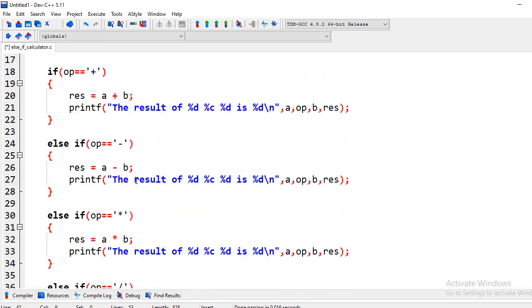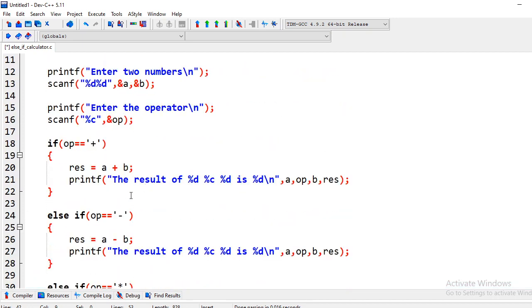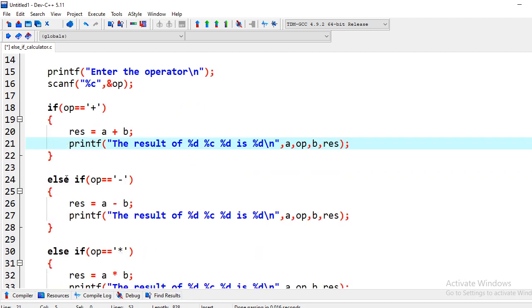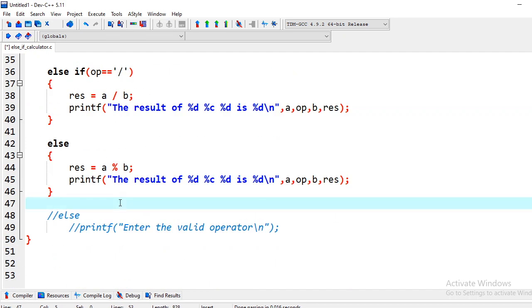So let us see what the output will be. I hope this is clear for you. First we have written the if condition, and after that everything is just similar. I have just written else if, and other things are completely the same. You have seen I have just done copy and paste here. In else if also you can write the condition. The purpose of writing else if is that only one condition should get executed out of these conditions, right? So let us save the program and compile it first.